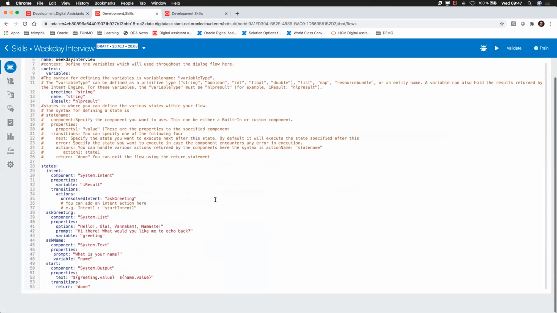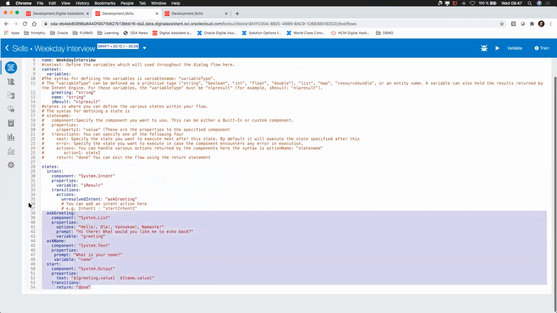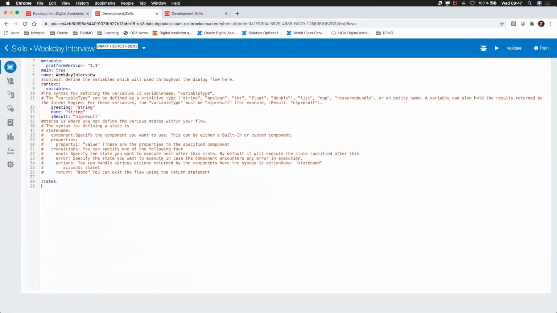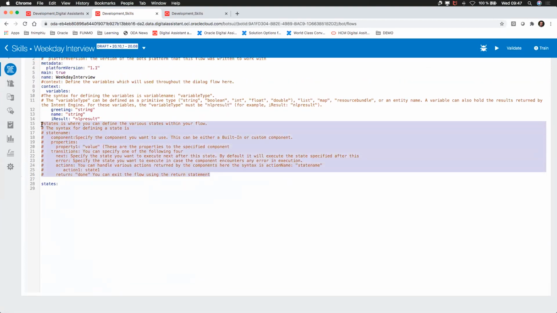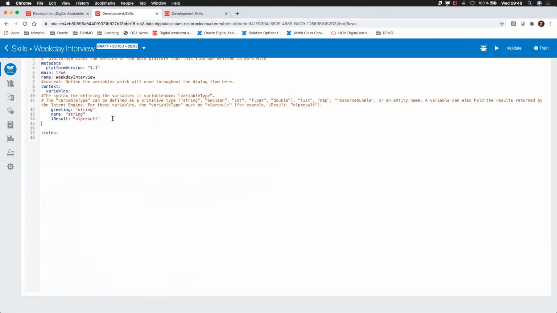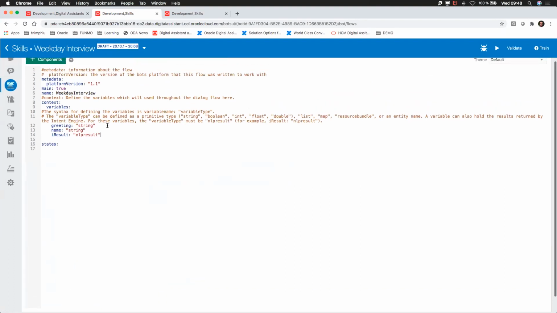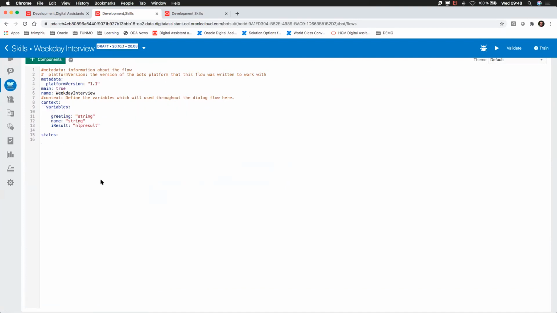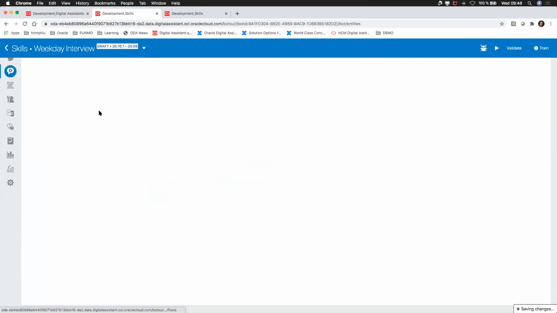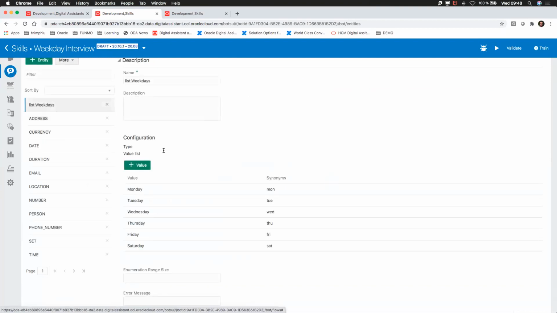This is what we generate by default, and I don't need any of these, so let me bring that to the minimum. iResult is something I will use because that will give me access to the intent engine, so to natural language processing and to the entity extraction. Name is okay. And here I want a variable which we call weekdays. And the weekdays should be of type list of weekdays,